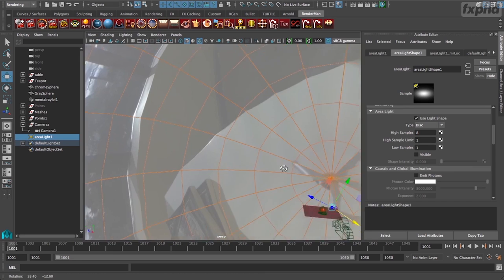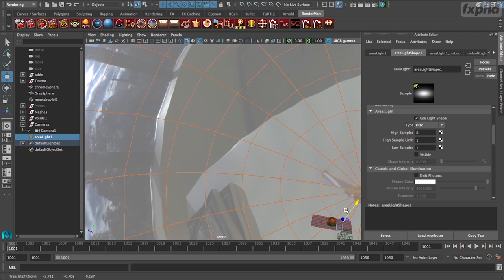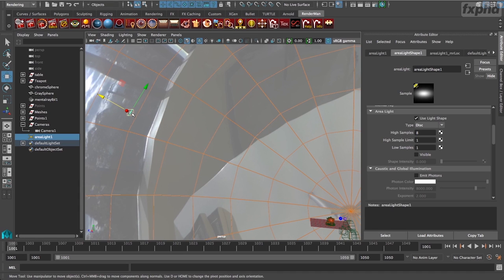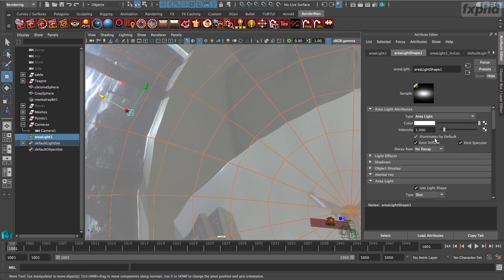Just move it across, down, and back out. So that's going to be our sunlight. Now obviously this is really an infinite distance away, so positioning it here will probably be just fine. And what we're going to do is say that it has no decay, because that's really the way the sunlight works. It actually does decay